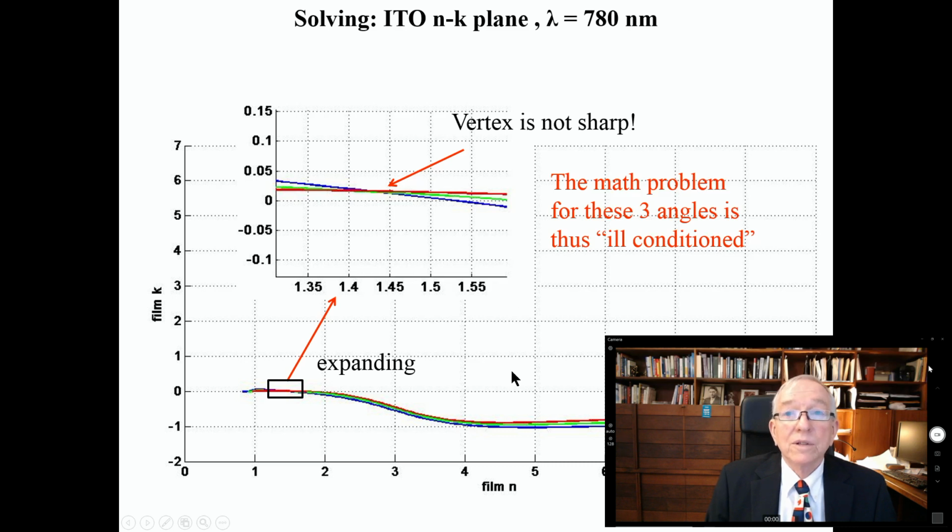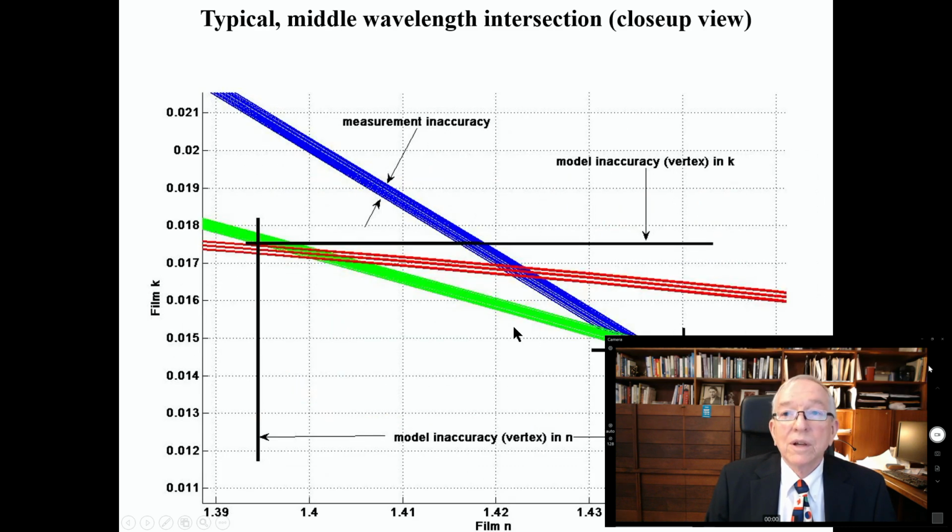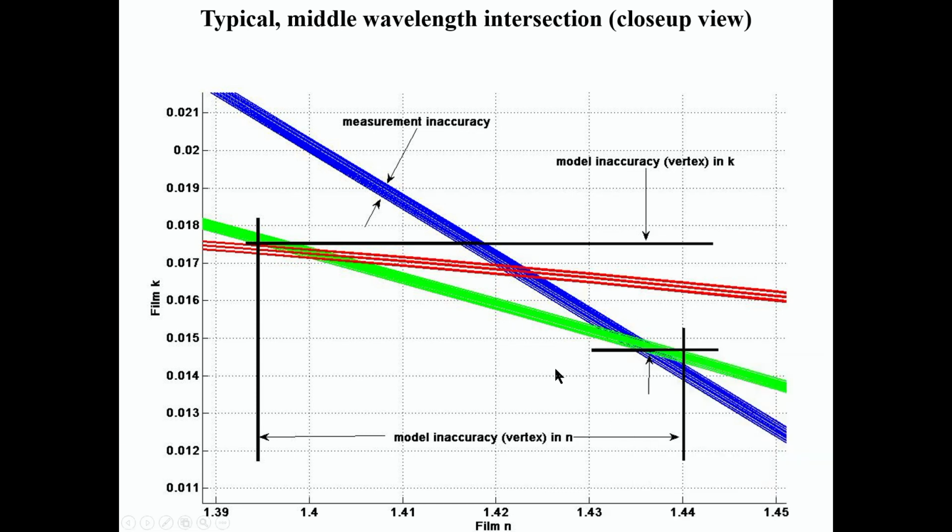That vertex is livable, but if you take a closer look at it, it has its shortcomings right there. Now this is a close-up view of that near vertex, and it's a little triangular region, and the 3 different colors correspond to the 3 different measurements at different angles of incidence. And rather than a single line, you'll see 9 lines. You can't really see them individually. Well, there's the central line, which conforms to the measurement, and then there are plus and minus values for psi and for